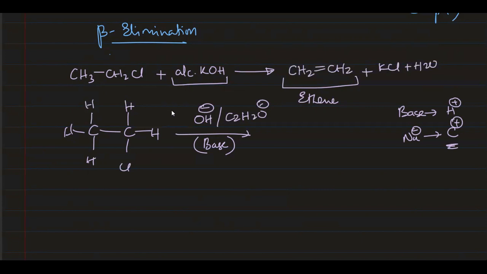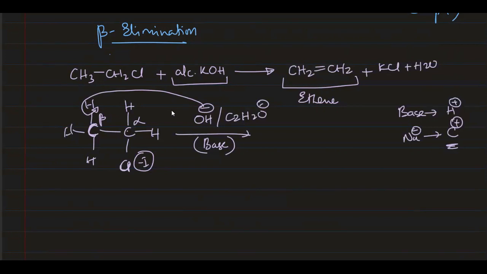So here what happens is this OH minus attacks this hydrogen, which is a special hydrogen. Why is it special? Because this Cl is attached to this carbon, this is alpha carbon. Carbon next to alpha carbon is beta carbon. And hydrogen attached to beta carbon is actually beta hydrogen. So this carbon is acidic because of the minus I effect of this Cl. So minus I effect of Cl gives rise to acidic character of this beta carbon. So this hydrogen can be easily removed.